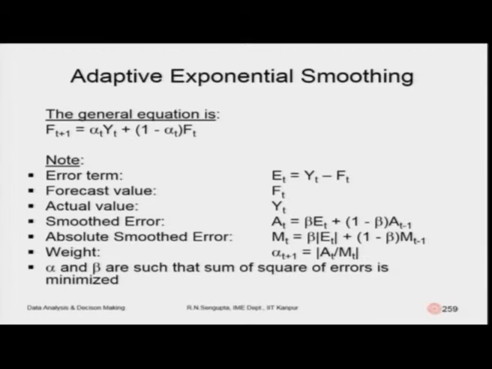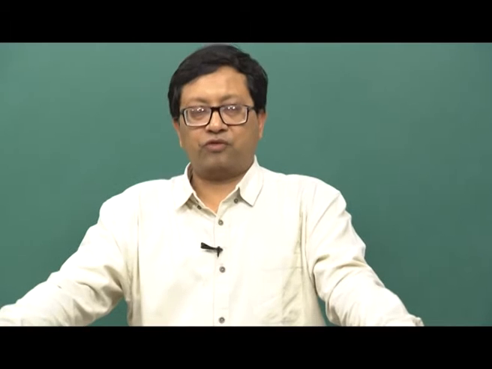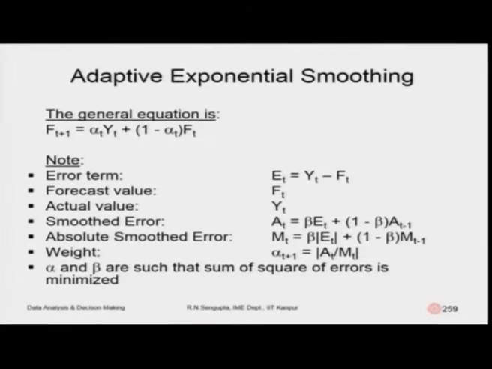Now, in the adaptive smoothing method, the general equation is again the same, but here I will consider that there is a trend. So, the general equation is that I want to forecast for t plus 1, that means I want to forecast for February utilizing the information from January. So, f t plus 1 suffix is equal to alpha t, now see here I am putting a suffix t